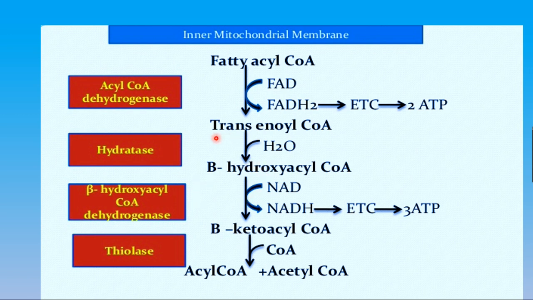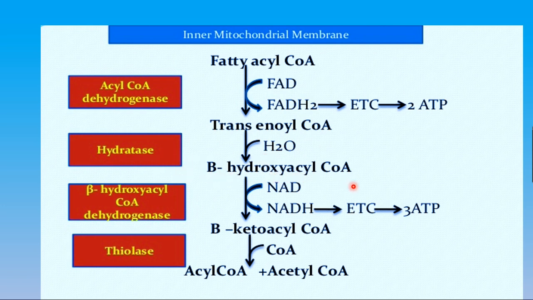Okay, now what is happening? The trans-enoyl CoA is going to be converted into beta hydroxyacyl CoA in the presence of an enzyme called enoyl CoA hydratase. So what's happening? The activated fatty acyl CoA gets converted into trans-enoyl CoA in the presence of the enzyme acyl CoA dehydrogenase,